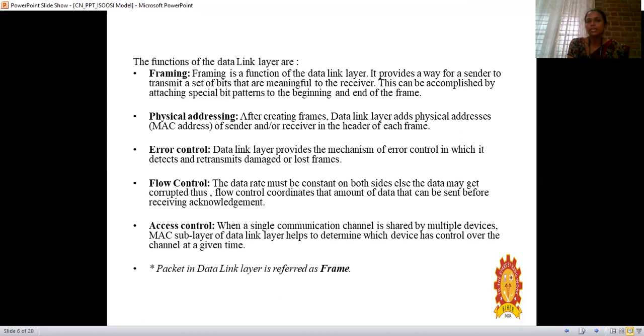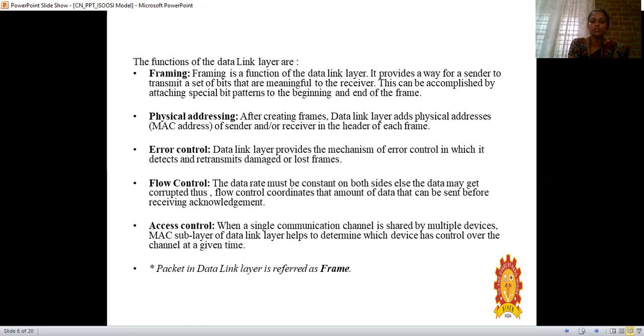The next one is error control. Error control means the data link layer provides a mechanism of error control in which it detects and retransmits damaged or lost frames. This error control is mainly done by the data link layer only. How many types are there? There we can see positive acknowledgement and negative acknowledgement.